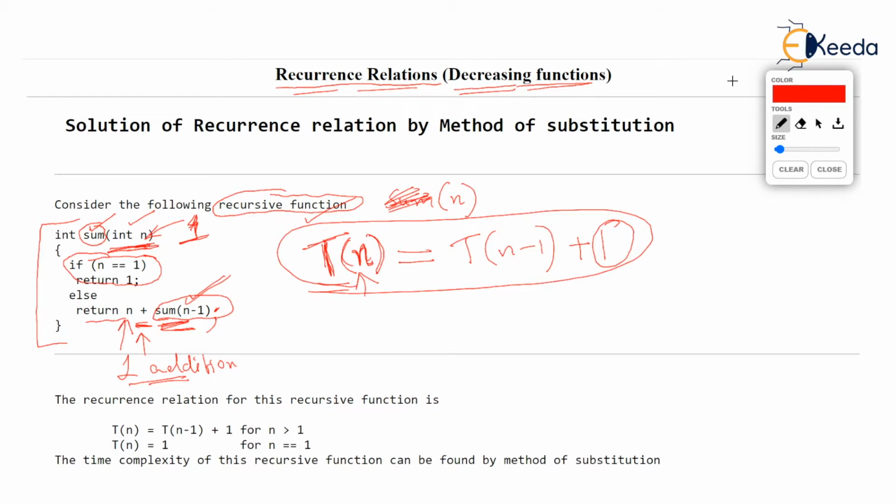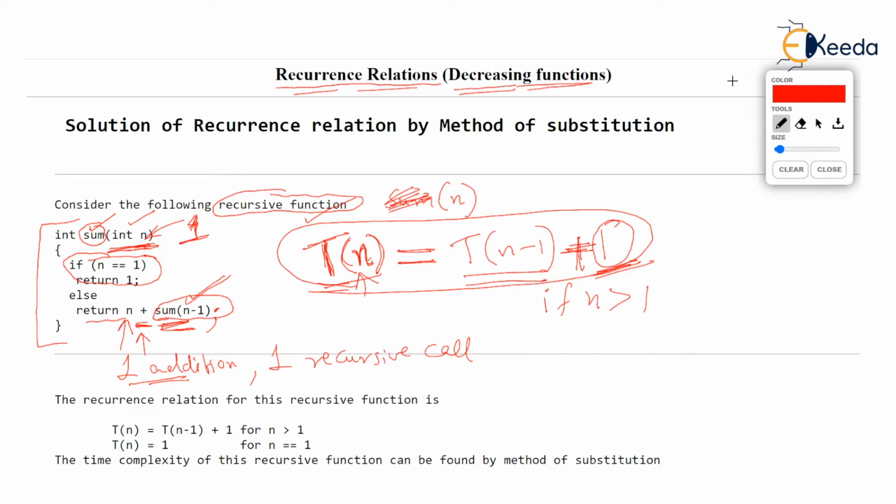That means we want to say that if n is not 1, if it is 2, 3, 4, anything greater than 1, then there is one addition involved plus, let's see what else is involved. There is one recursive call, sum n minus 1. So one recursive call is there. But the function is called just by reducing the data size by 1. That means Tn can be represented in terms of Tn minus 1. This is sum of n minus 1 plus 1 addition, isn't it? Plus 1 addition, and we got this recurrence relation. But then this recurrence relation is true if n is greater than 1.